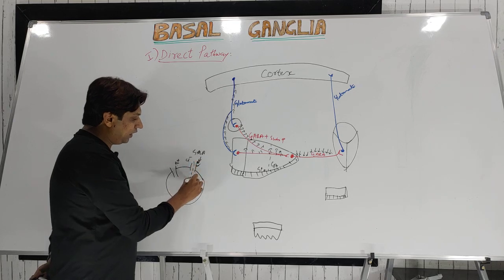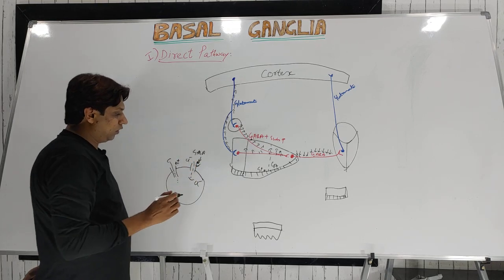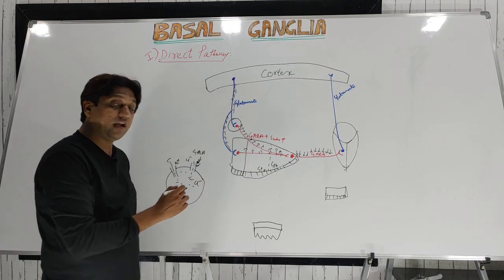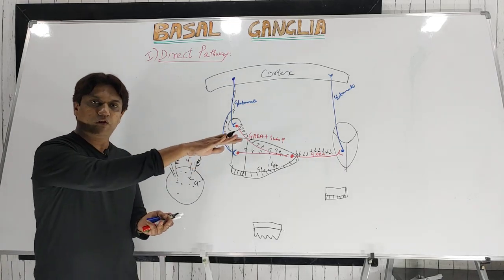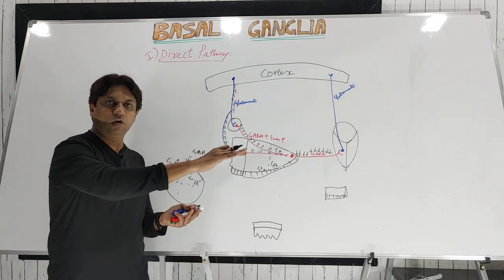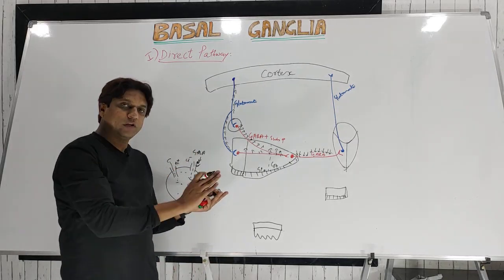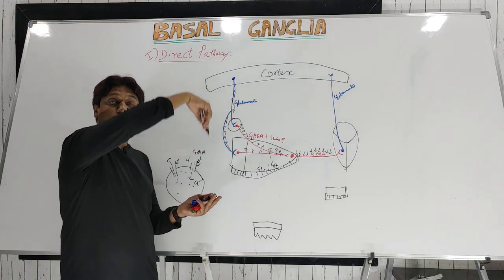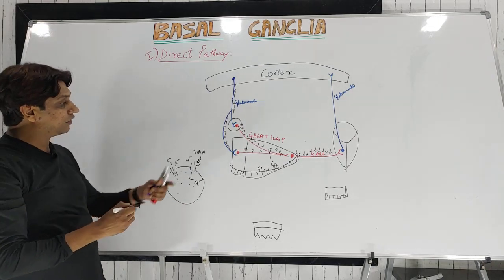So chloride will enter here and potassium will go outside. Ultimately, there is an increase in the negative charge inside, so it is hyperpolarization. If you remember, the resting membrane potential of a neuron is around minus 90 millivolts, so it will become more negative, that is hyperpolarization. To get an action potential it should reach around plus 20, that is depolarization, then repolarization. This will cause hyperpolarization, and that's why it will cause inhibition.